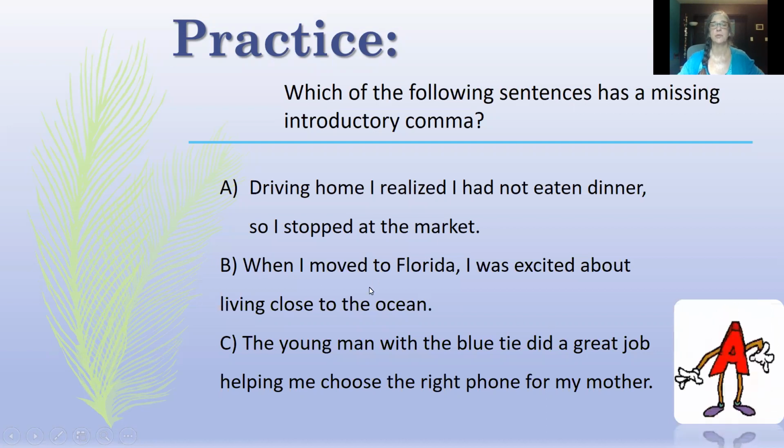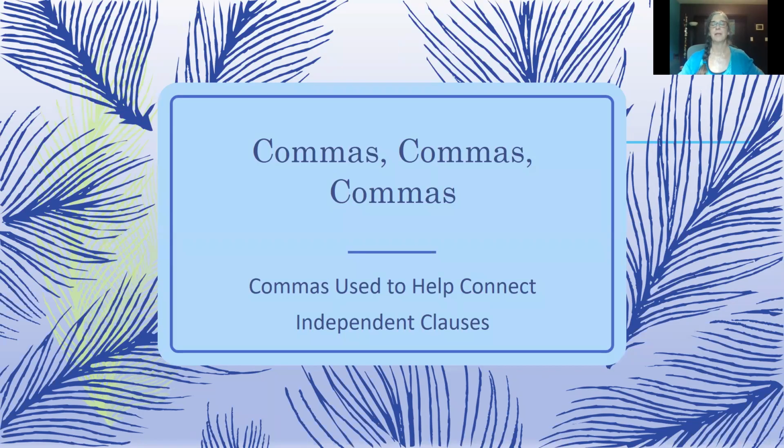Your second sentence, when I moved to Florida, comma, here comes the independent clause. And this one starts with, it's the young man did a great job. With the blue tie is a prepositional phrase coming between the subject and the verb. And we talked about that when we looked at subject verb agreement. And then helping me choose the right phone for my mother is a verbal phrase. The young man did a great job. There's your independent clause with a lot of details included in that sentence. Okay, so that was basically it for commas to